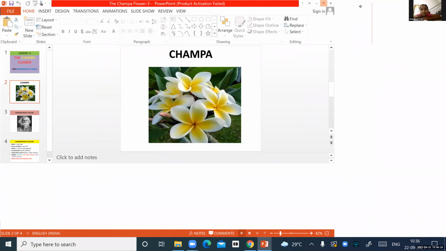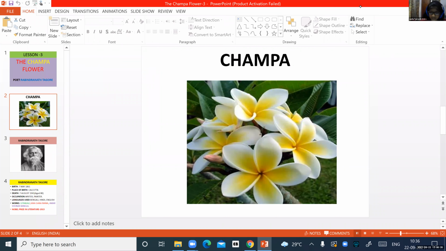Which flower is this? This is the Champa flower. When I ask you to describe the Champa flower, you need to tell me how it looks. How it appears means how it looks. So you can say that it's a white colored flower with shades of yellow and red in between.